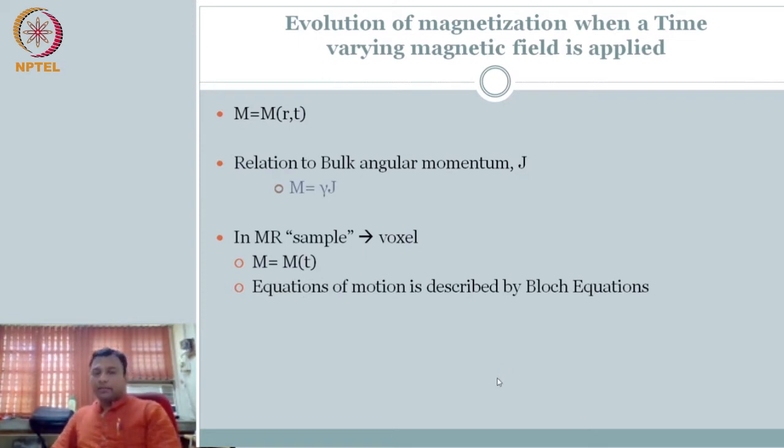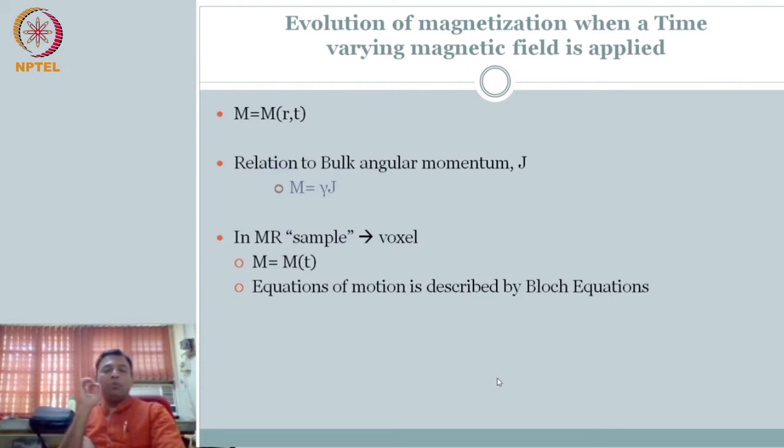So now what we are interested in is, if you take a sample, we take a sample volume, we will call that the volume element, the voxel. When you have the small sample volume, we will focus our attention on that. Then we can reduce M as a function of space and t to M of t, because we will pretend that we are interested in a small volume and there is not much variation in that. So you take a small volume, we'll call that M of t. We'll just worry about how the magnetization vector from that small volume is going to behave.